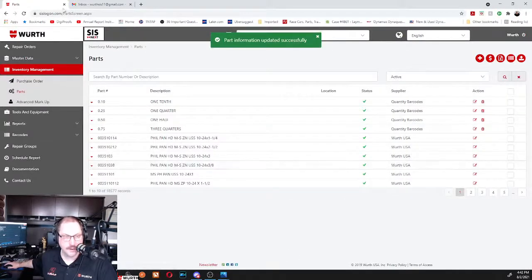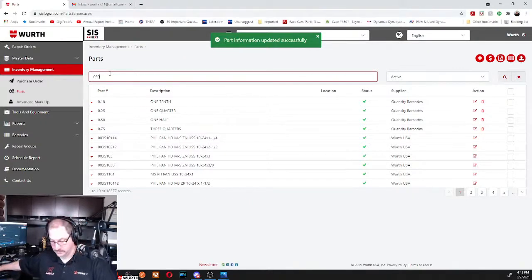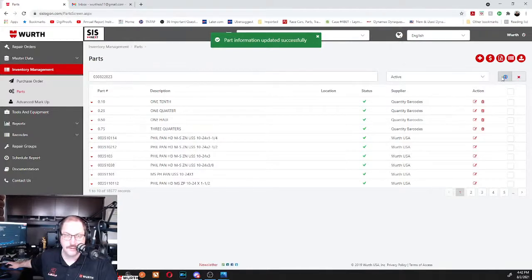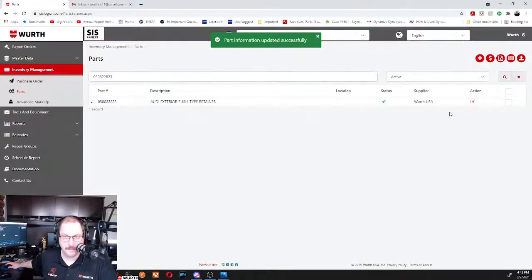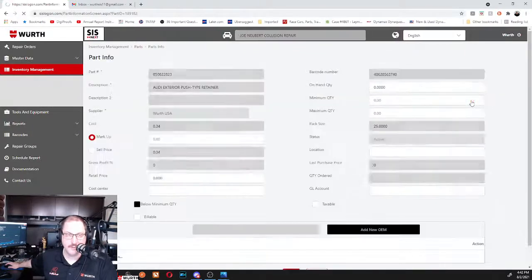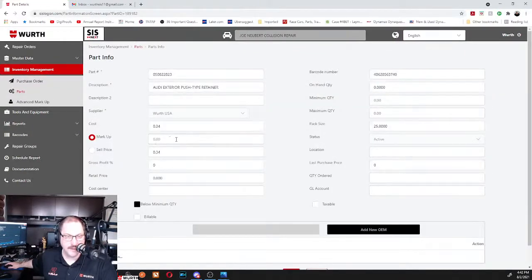Now, one of the things you saw on there is that it's showing a 0 cost. 0508228823. Not a 0 cost, it's showing a 0 markup. Now, the way that SIS works is that it's assuming that everything needs to be marked up. So if I'm showing a 0% markup, it is going to use whatever the default markup is for this particular item. So while this screen shows 34 cents, the markup actually,